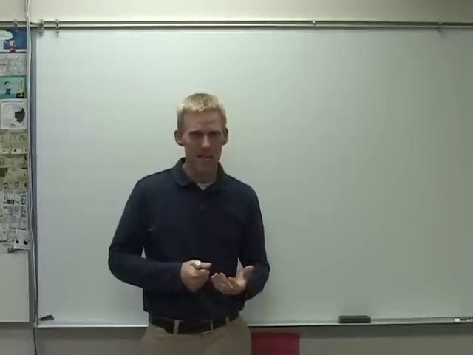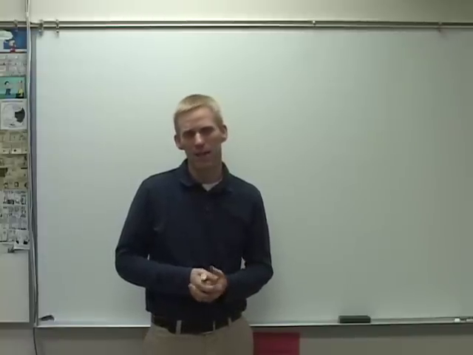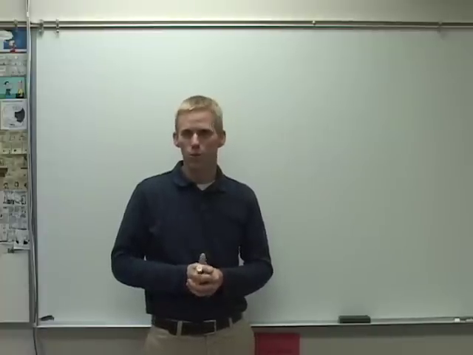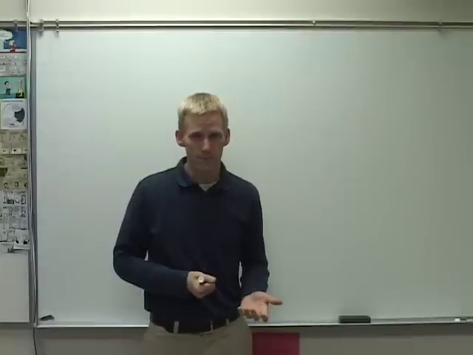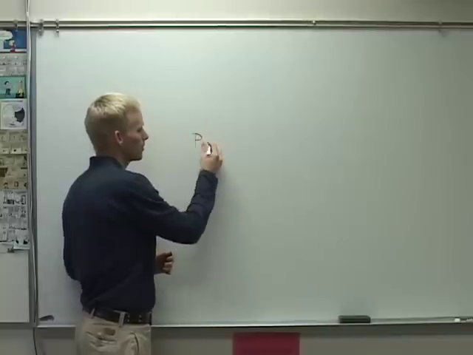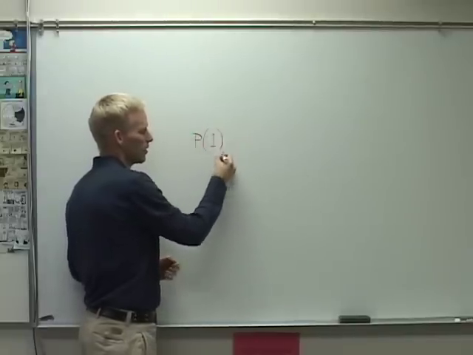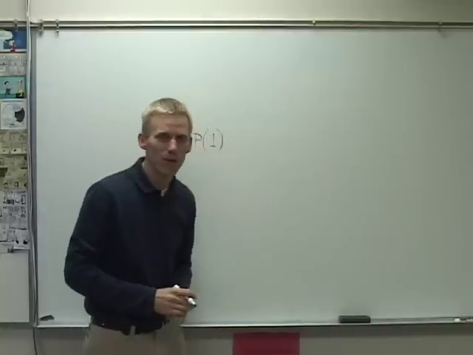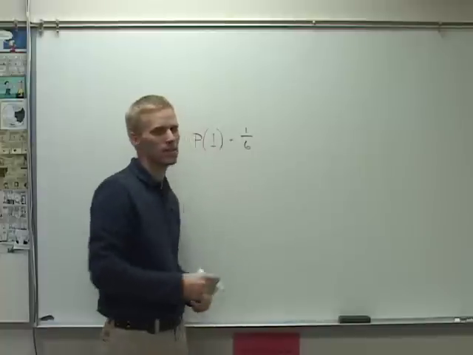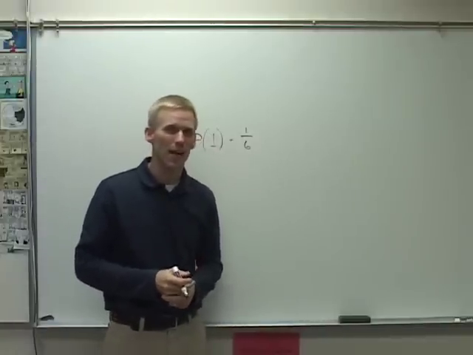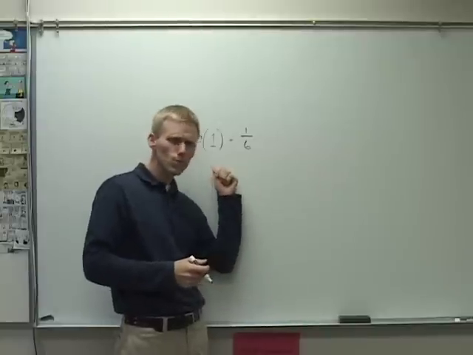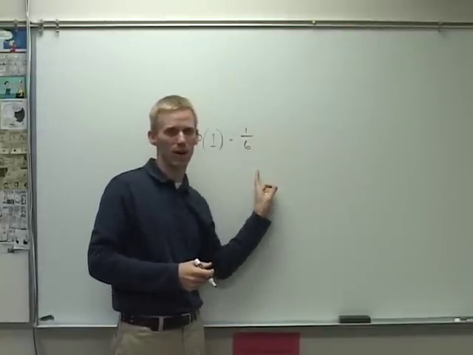So for instance, if we were rolling a set of dice, we would say that there's a certain probability that we're going to roll, let's say, a 1 with a die. We would say that the probability, capital P, of rolling a 1 theoretically would be 1 out of 6, the fraction 1/6. Since there are 6 sides to a die and all of them are equally likely to occur, the chance that we would roll a 1 would be 1 out of those 6 possibilities.